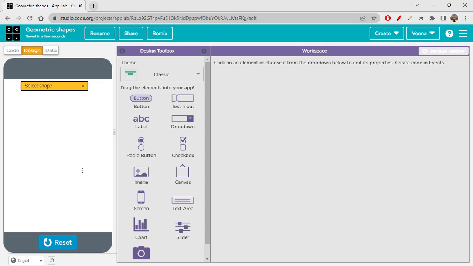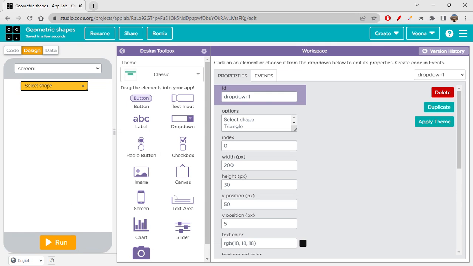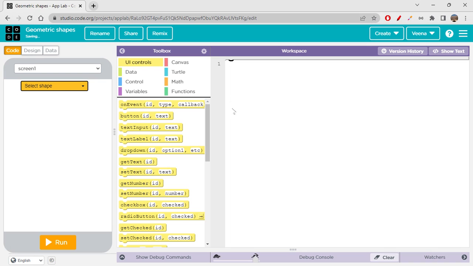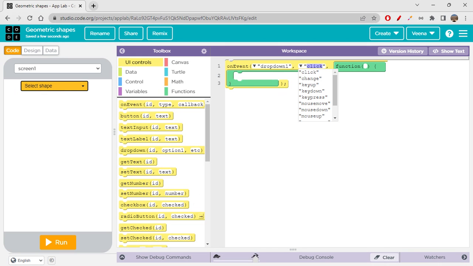Okay. So now the next thing would be, whenever you just click on the shape, that shape will be coming up on the screen. I think this is how we'll just do it for today, right? Maybe if we want any improvements, we can do that later on, right? So yeah, let's quickly go to code. So whenever one chooses the option from the drop down, right? On event, let's say ID will just choose drop down one, change input, right? Because we'll be inputting something over here, like we'll click on it and input that thing,